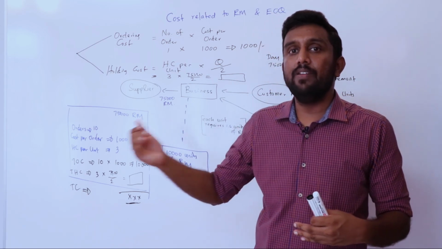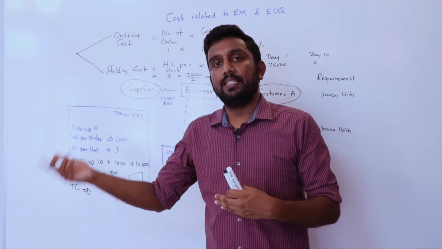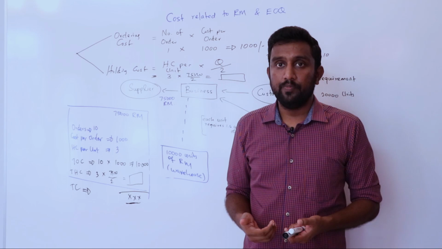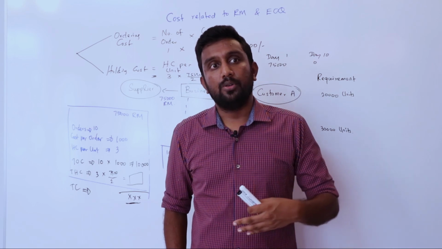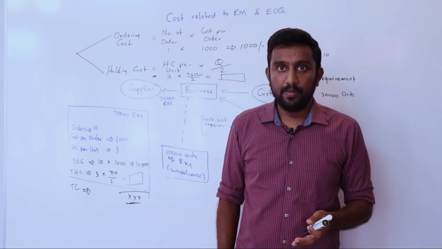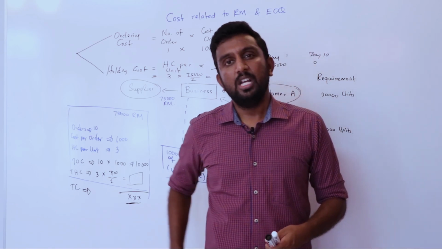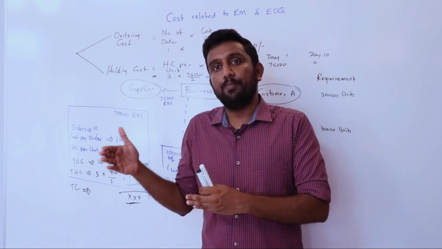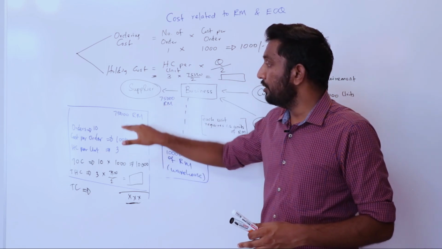After it is finished, they will make the second order. Or rather, once it reaches a specific level, they will make the second order, because they don't wait until it is finished. Because if they wait until the quantity finishes, what is the issue? The workers, these employees, will be idle. You are paying salary to them, but they will not have any raw material to make the product. So no one will wait until the last moment. They will make the orders at some point, which we will discuss later. But for this example, they have 75,000.